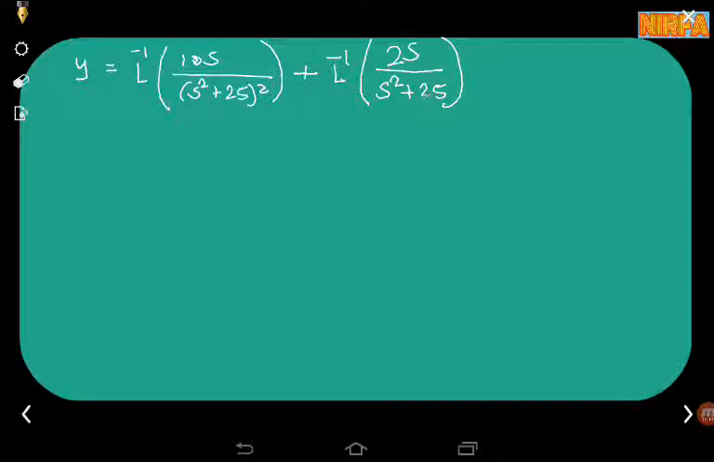सेकंड टर्म की तरफ मैं देख रहा हूं तो मुझे नीचे दो टर्म दिखाई दे रहे हैं, s स्क्वायर प्लस 25, एंड आई नो 25 इज द स्क्वायर ऑफ 5, और ऊपर 2s है, इस 2 को तो मैं बाहर ले सकता हूं तो ऊपर बचेगा s, एंड जस्ट आई एम रिमेम्बरिंग s अपॉन s स्क्वायर प्लस a स्क्वायर, ये फॉर्मूला किसका है? तो ये फॉर्मूला है cos ऑफ 5t का। इसका मतलब इस 2 को अगर मैं बाहर लेता हूं तो जो बचेगा वो cos ऑफ 5t का लैप्लास ट्रांसफॉर्म है, तो ऑब्वियसली उसका इनवर्स लैप्लास क्या आएगा? cos ऑफ 5t। इसका मतलब सेकंड टर्म का आंसर आएगा 2 cos ऑफ 5t।